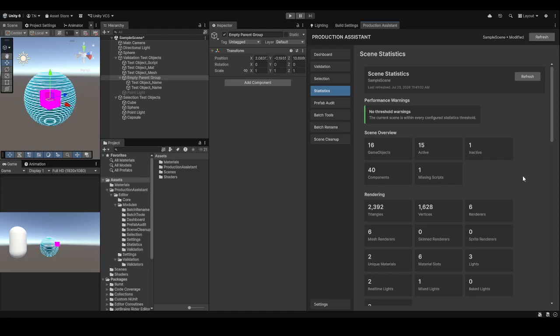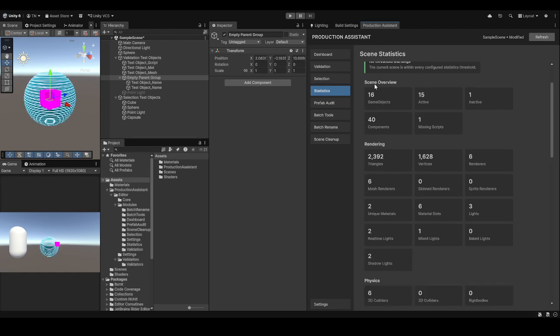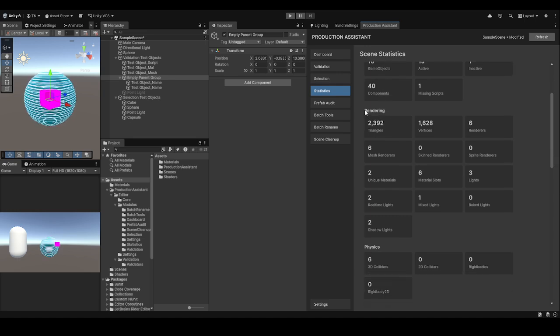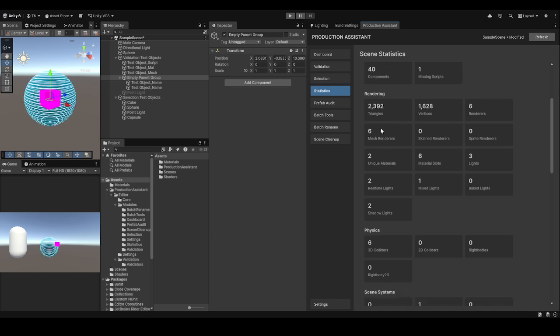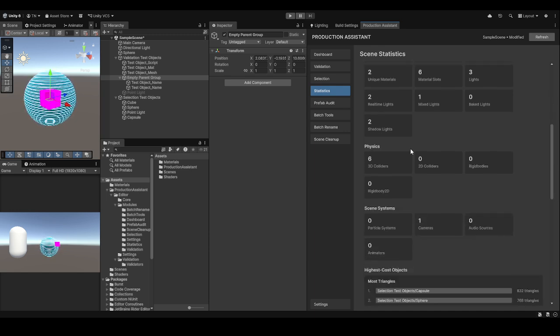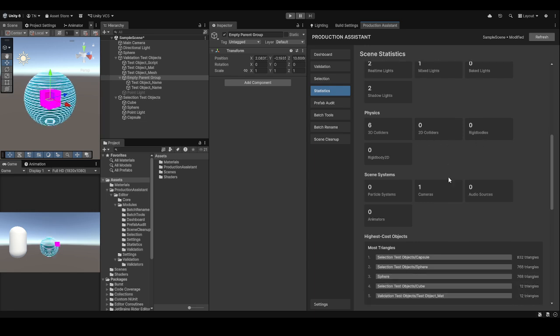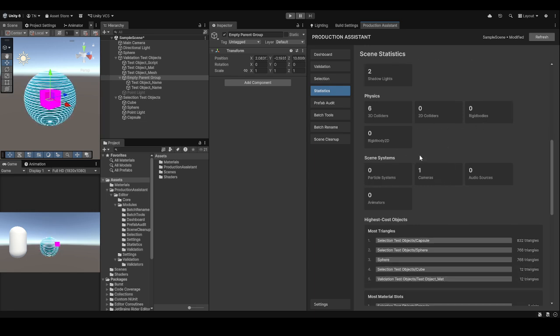Now let's go over statistics of the production assistant tool. This will give you a detailed breakdown of each category in the hierarchy. So here we've got game objects, and here we have things like triangles and vertices. How many mesh renderers are in the scene? We also have physics stuff, including colliders and 2D and 3D rigid bodies, and here we have things like cameras